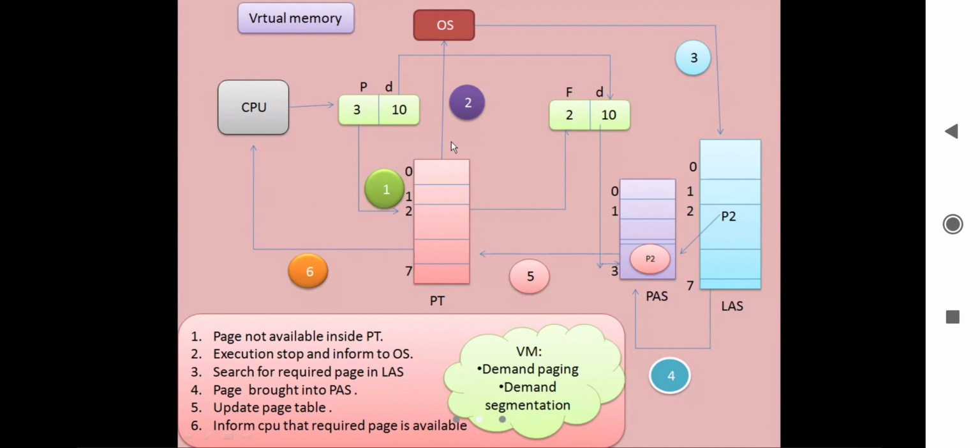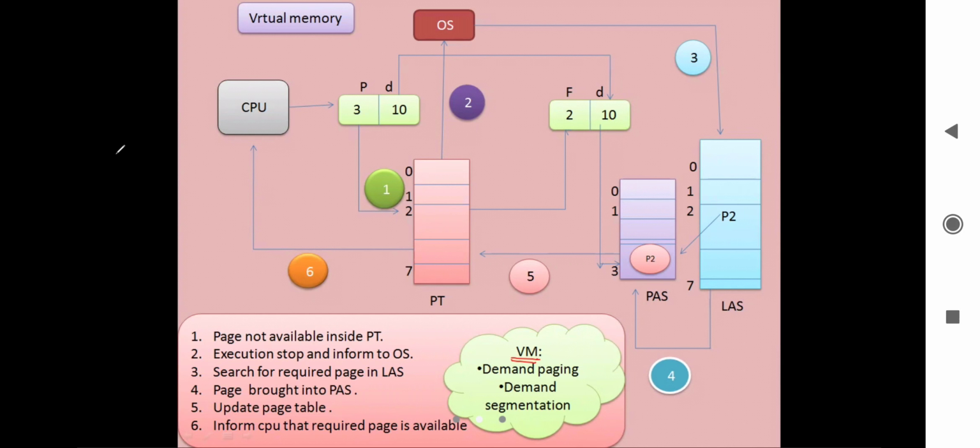Okay, so next thing is virtual memory. Virtual memory is the part of the secondary memory, and it is an illusion to the programmer, right?